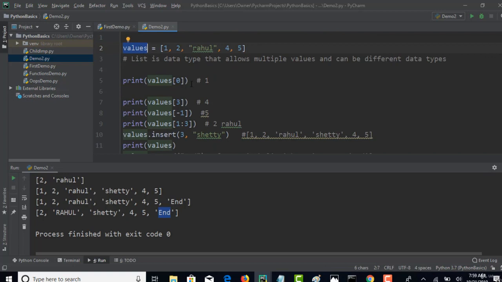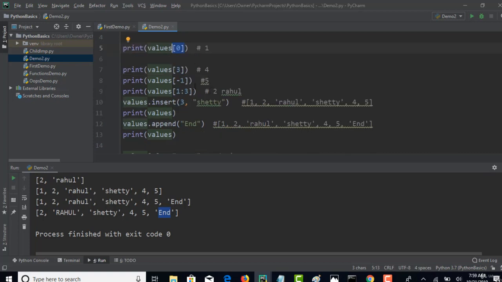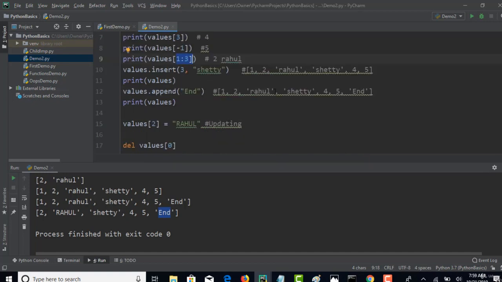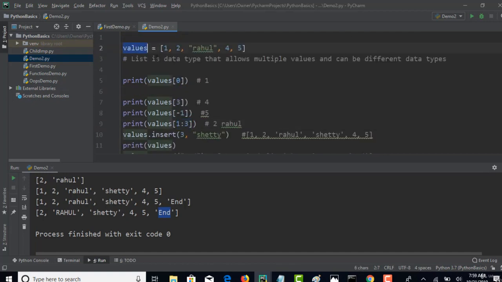And at the same time, if you want to retrieve, you can retrieve with the indexes, and the last one with -1, and sub-index with 1:3. Okay, that's all about the list data type, and you can just play around with this array,